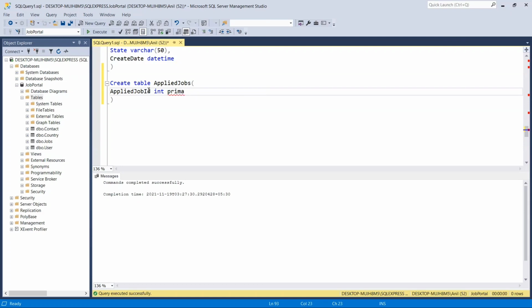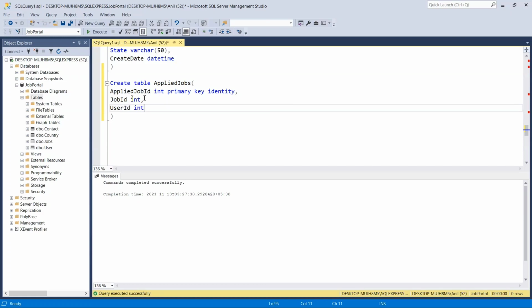Primary key, then it should be identity, comma, the second column, that is job ID, should be integer, comma, then user ID should also be integer.